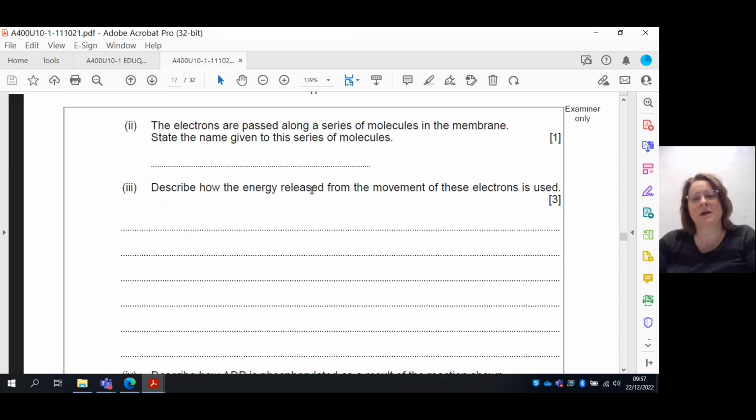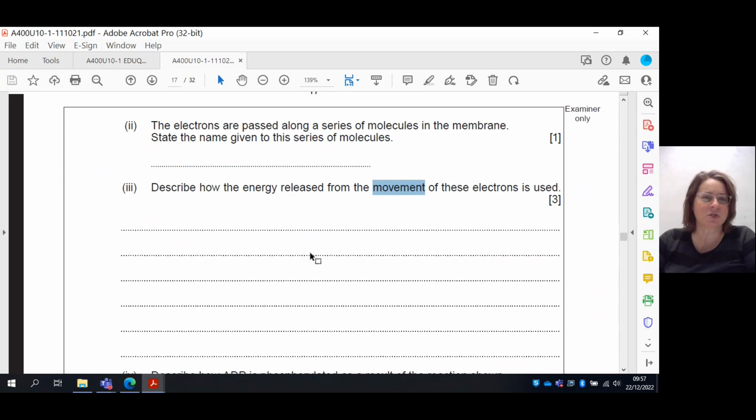How is the energy released from the movement of the electrons? Describe how the energy is released from the movement of these electrons. Where do they move? Look at that in the diagram. The electrons are moving through those 3 proton pumps. What does that do? The energy is powering those proton pumps. It's giving them the energy to then